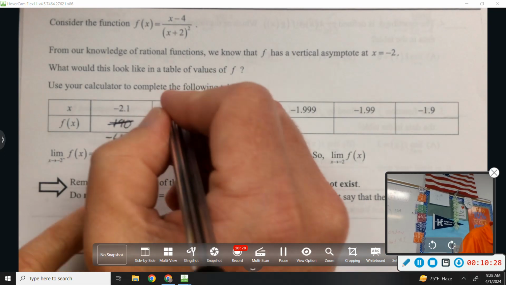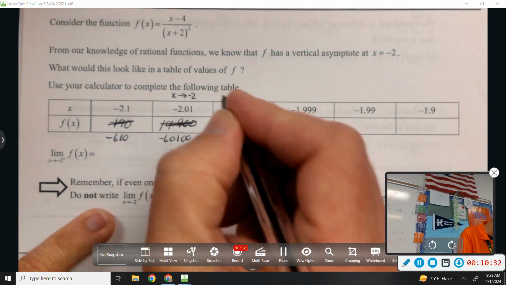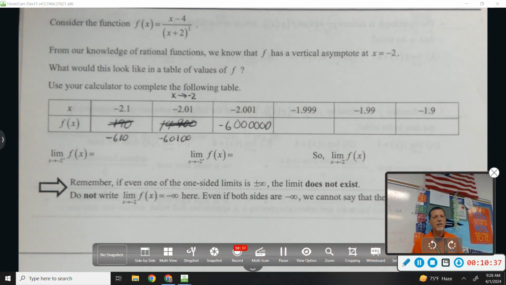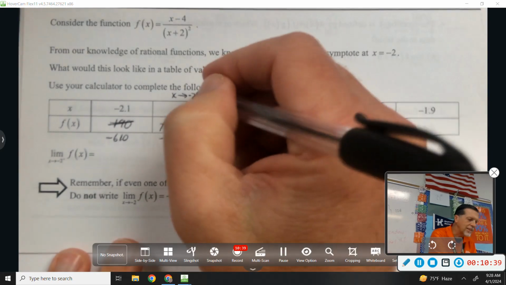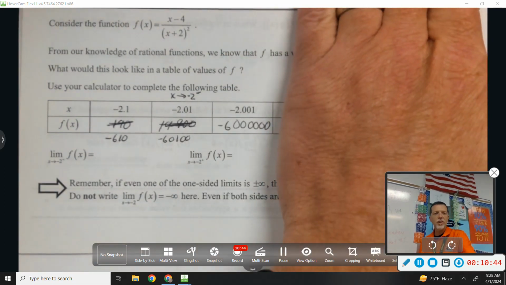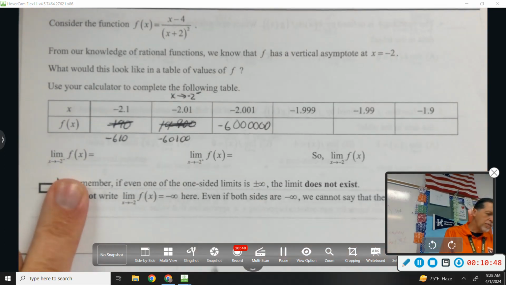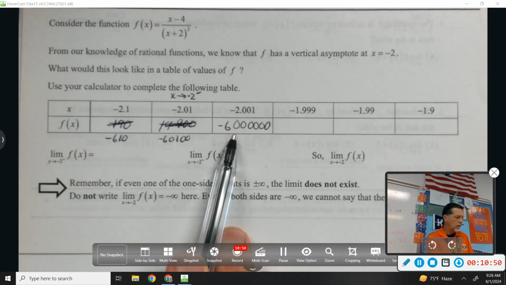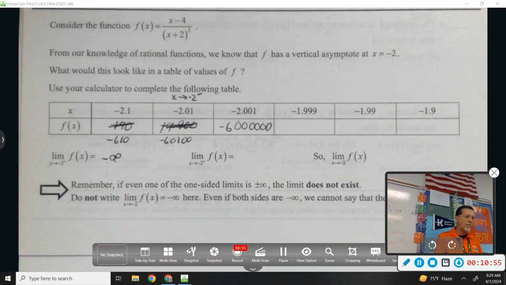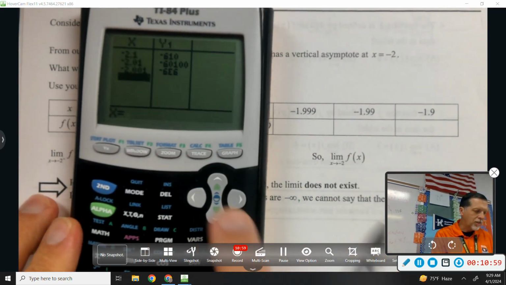So on this side, x is approaching negative 2 from the left or right? From the left, because we're a little less than negative 2. In fact, again, let's pause there and answer the first question. So as x approaches negative 2 from the left, what are we headed toward? Negative infinity. We're going way down, way fast. On the other side, if we're a little more than negative 2,